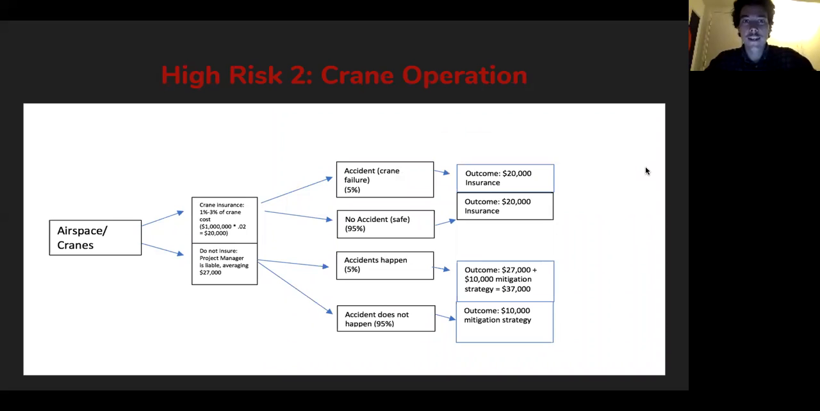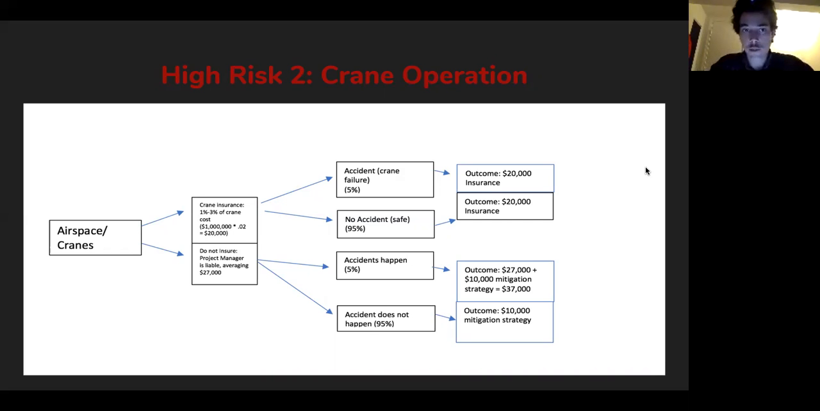I'm sorry, guys. So for our high risk number 2, we went for crane operation risk, as well as the airspace, because they coincide. We basically decided either to insure or not to insure the crane, and we came up with the numbers based off of